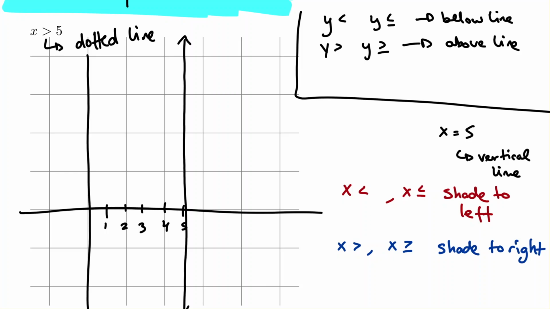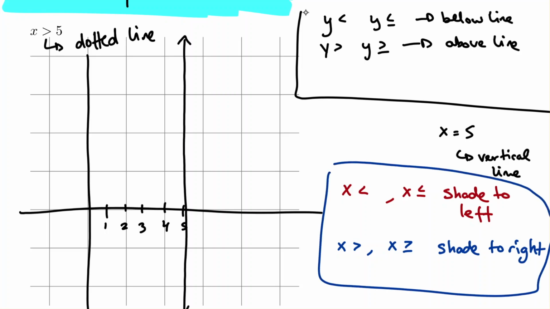For other lines or horizontal lines, we can talk about above and below because that's greater than or less than. In both cases, it's dealing with understanding the inequalities being less than or greater than, and then just translating that based on the actual line. Is that above or below, or is that left or right? So keep in mind these ideas, things of this format below the line, this format above the line, this format to the left, this format to the right. So based on that, if it's x should be greater than, I know I should shade to the right,